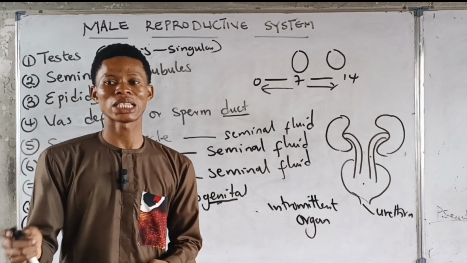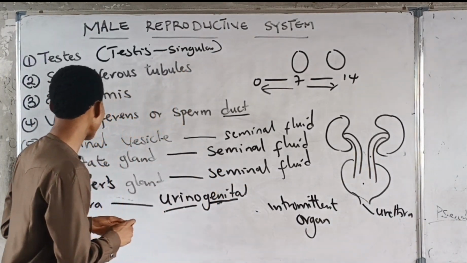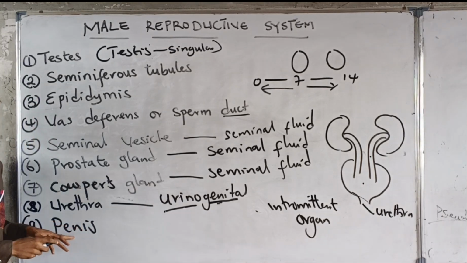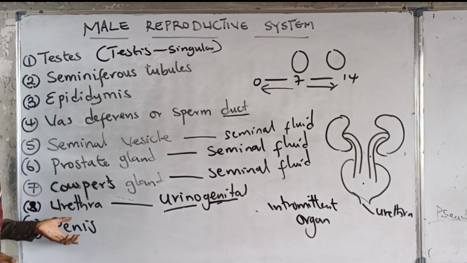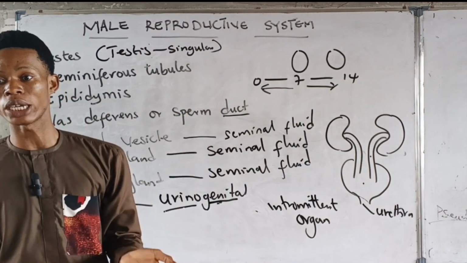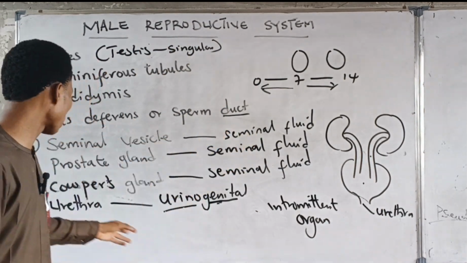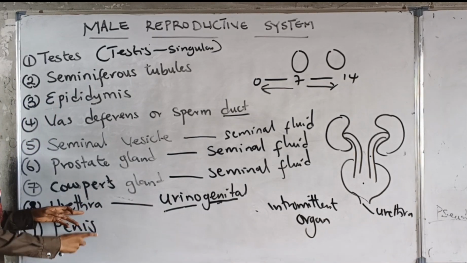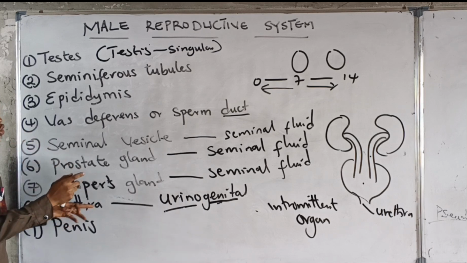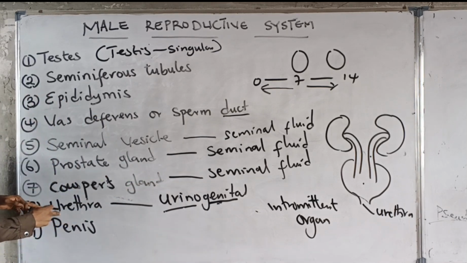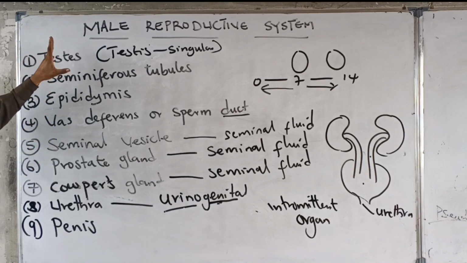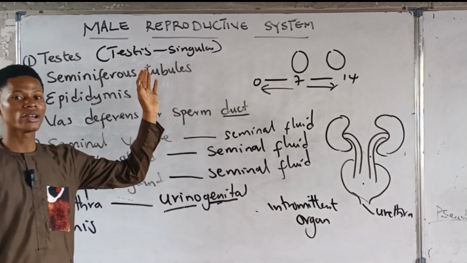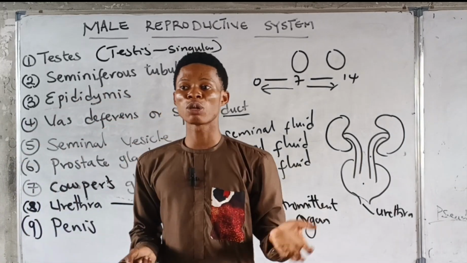This copulating device. Now, please take notes. The sperm is not released through this. The sperm is released through this, right? Through the urethra. But this is a copulating device bringing the male and the female together. That's what it's doing there. Urine is passing through the urethra. In fact, the urethra extends through the penis. Do we get? But the urinogenital organ there is the urethra. Do we get that? So basically, these are the 9 functional parts of the male reproductive system. We are going to take the female reproductive system